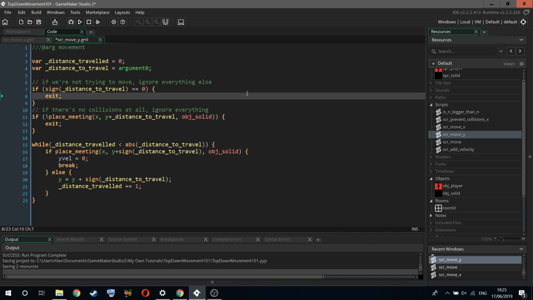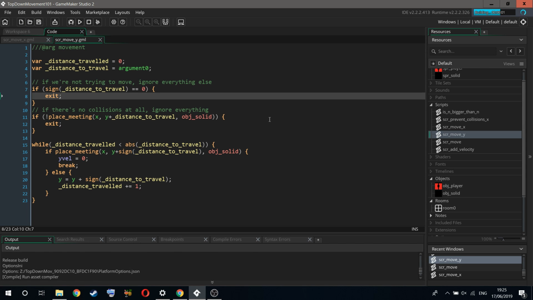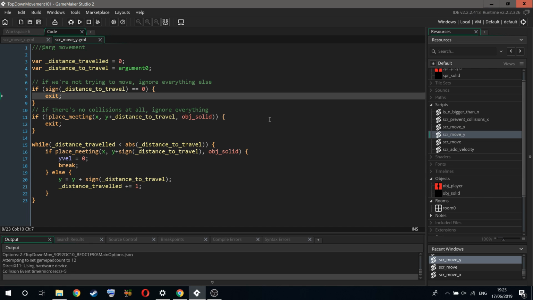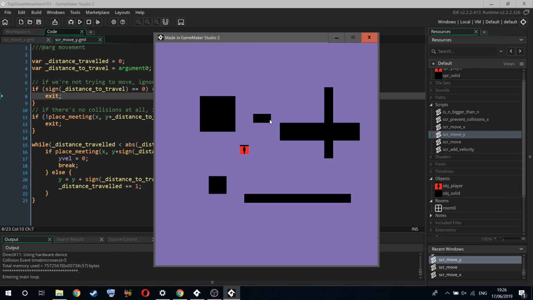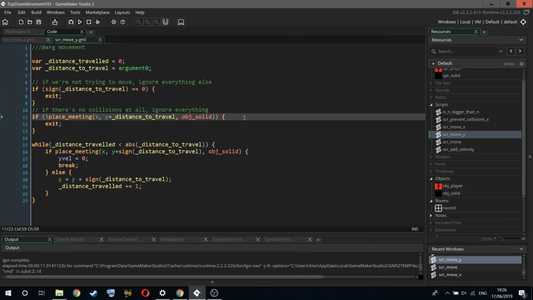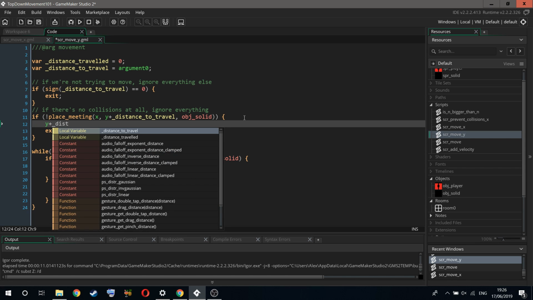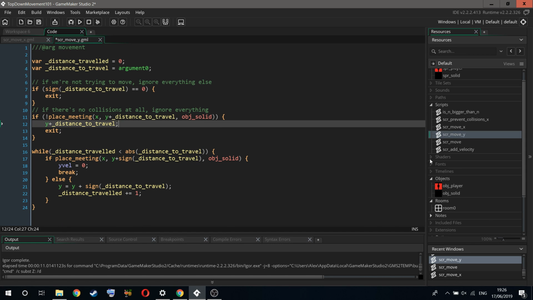So it's not a big change. So now we shouldn't get the bug anymore. Wait, we're gonna get another bug instead. If there's no collision, just move. So we need to have it here. Then on X,